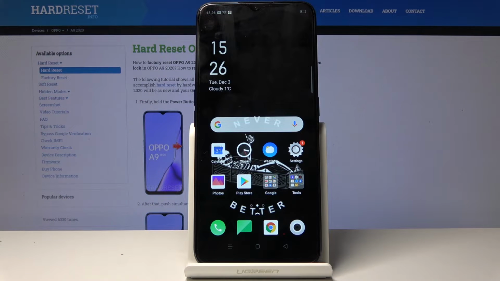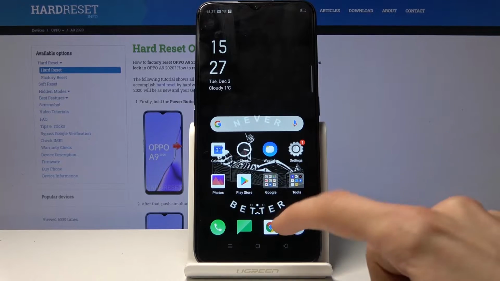Welcome, in front of me is an OPPO A9 from 2020, and today I'll show you how to clear browsing data. So to get started, you want to open up your browser,